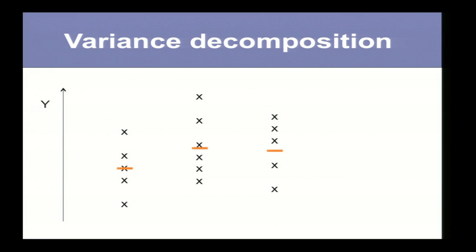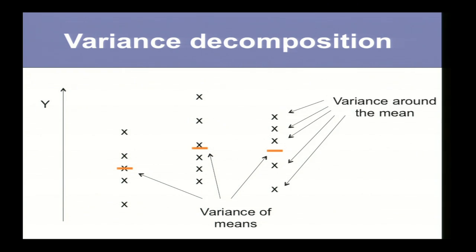What is the idea of variance decomposition? If we have, for example, 3 groups of individuals, we can stratify them by genotypes or by some other variable. The total variance would be the sum of the variance of means and the variance around the mean. So if I can stratify my population, I have a mean in every group, and I have residual variance within each group. And the total variance is simply the sum of all 3.